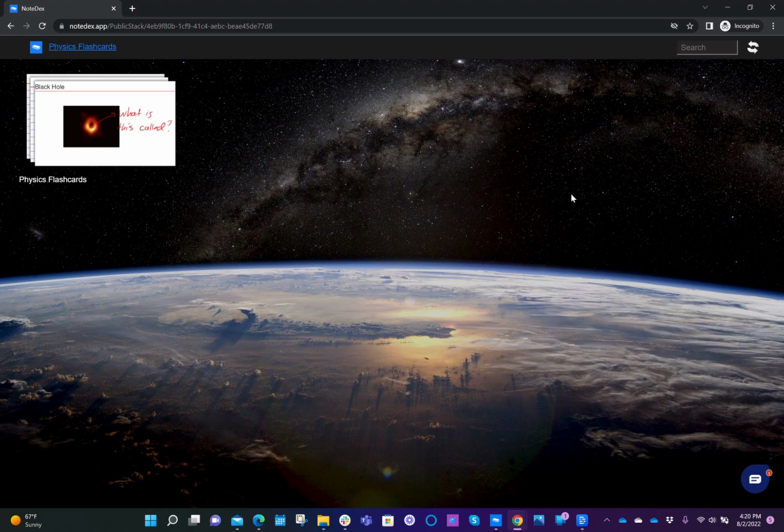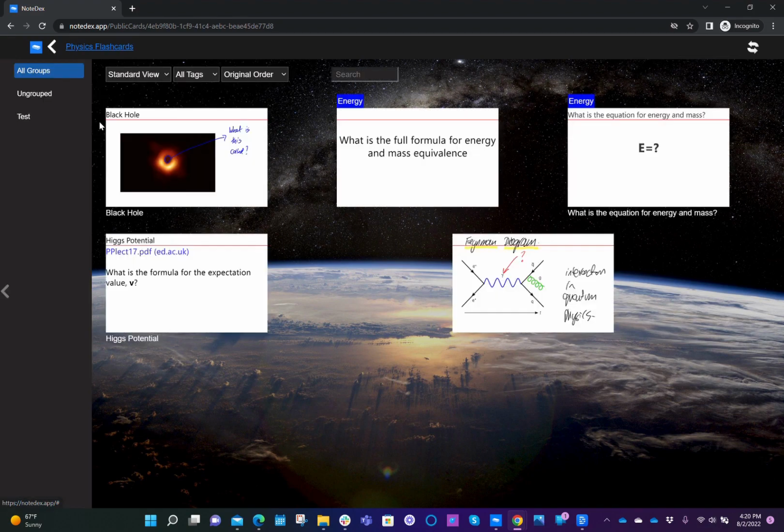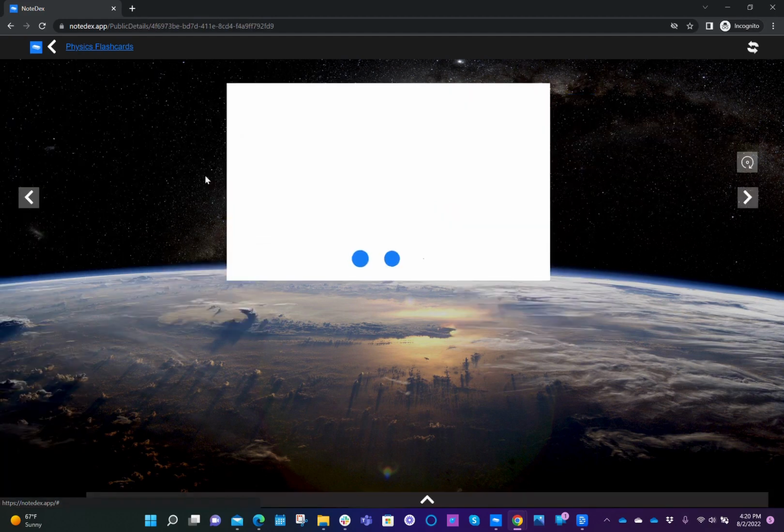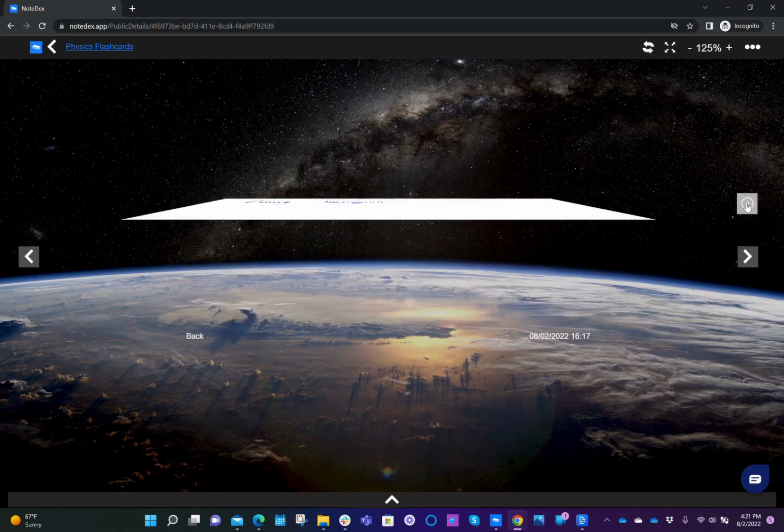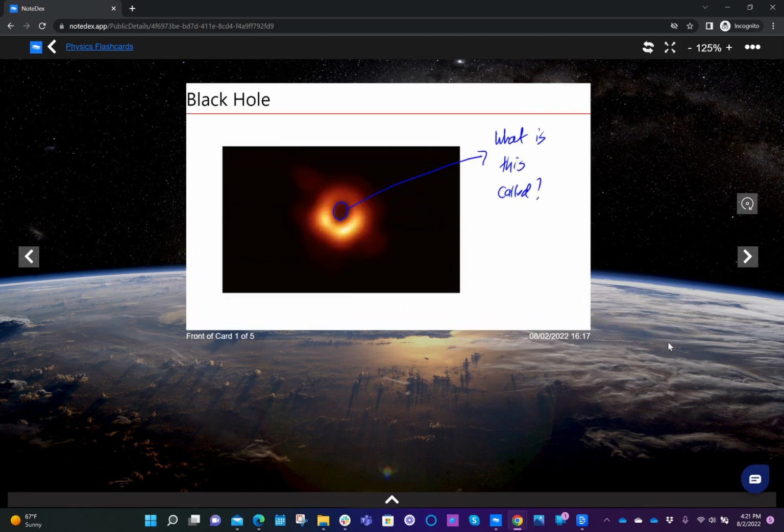It's now loaded, and let me open up the stack. And we can see here, the stack is available for your friends to see. Notice that the menus are much more restricted, and we only have this in a read-only mode. So when your friend clicks on the first card, they won't see any of the edit functions, and it's just a card there for them to view. They can take a look at the back, but they can't do anything more than that.